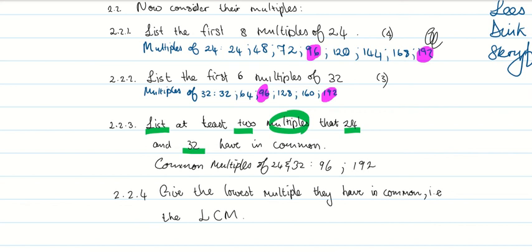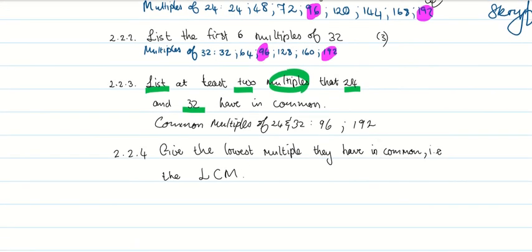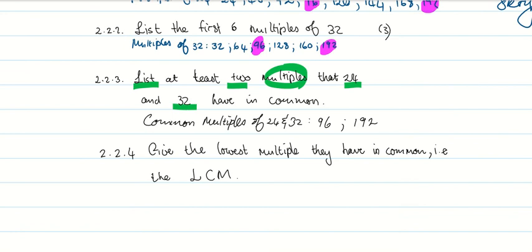And then in the next question, we can already get the answer: give the lowest multiple they have in common, for example the LCM, and then we write LCM of 24 and 32 is going to be 96. Alright, we'll continue in the next